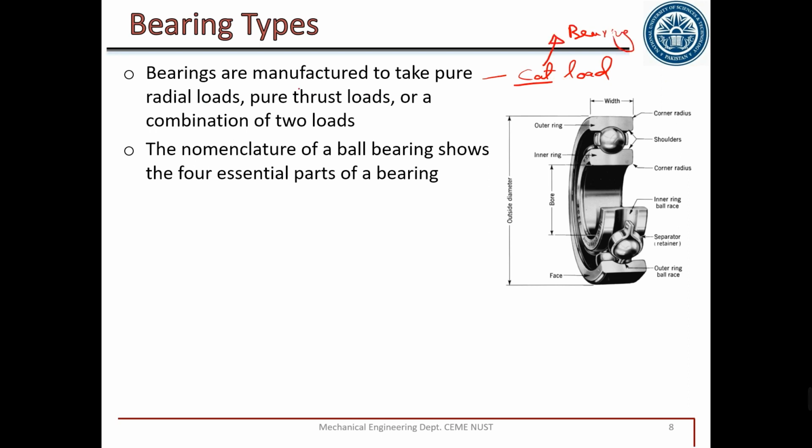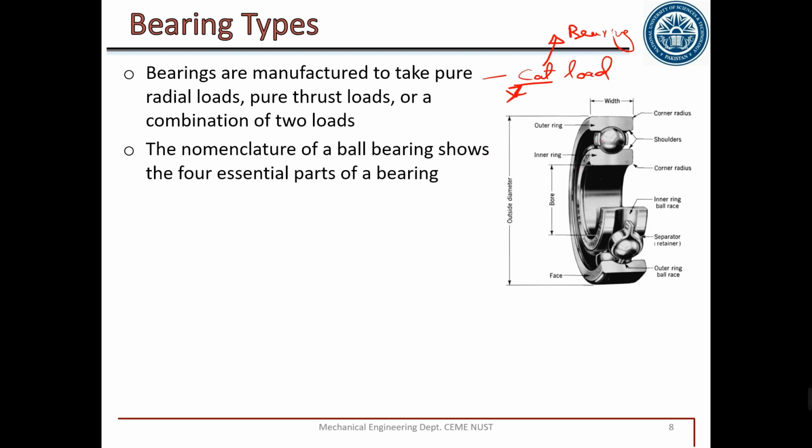That is the process. If we have pure thrust load, we convert this thrust load in terms of radial load, and then from radial load we get catalog load and select a bearing. And when we have a combination of loads, we convert the pure thrust part into a pure radial part. Then we have a complete load in terms of radial load. From that radial load we compare it with catalog load and we select a bearing. So at the end the final load on the bearing will be in terms of radial load.